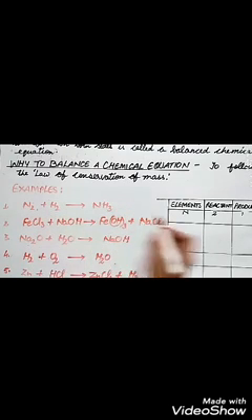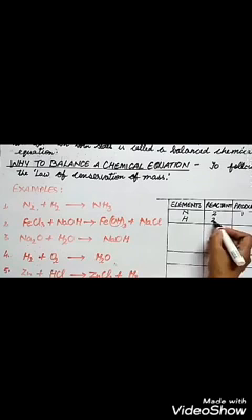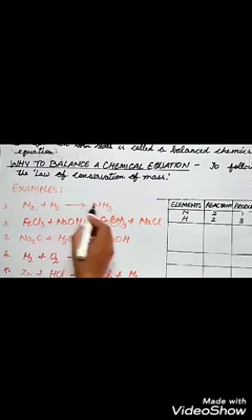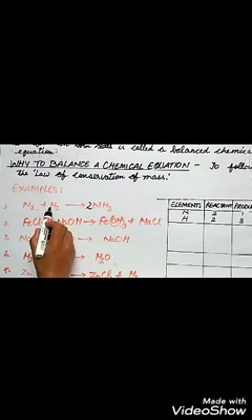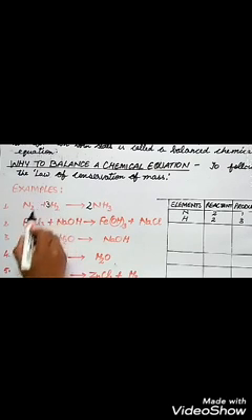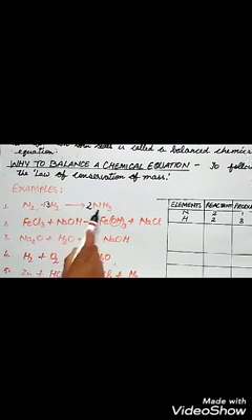On the reactant side, hydrogen is 2 again, and on the product side, hydrogen is 3. So again, it is not balanced. How can we balance it? Here nitrogen is 2, here nitrogen is 1. So put 2 in front of it to make it 2. When we put 2 in front of it, hydrogen becomes 3 times 2, that is 6. It means on the reactant side also you should have 6 hydrogen, and that we can make by putting 3 in front of it. Now if you check this equation, it is balanced.